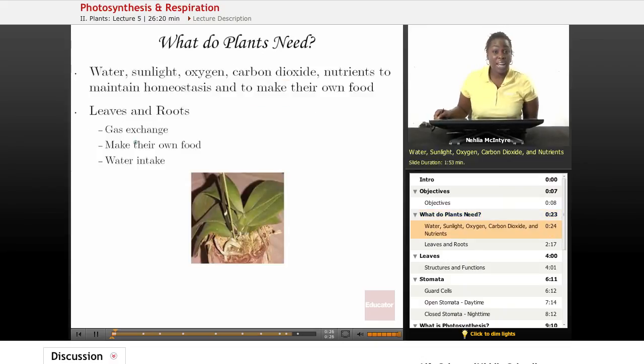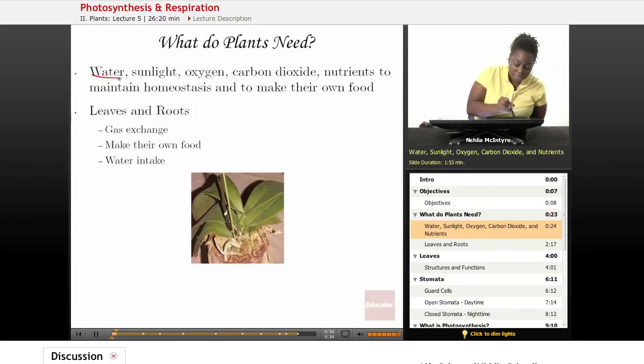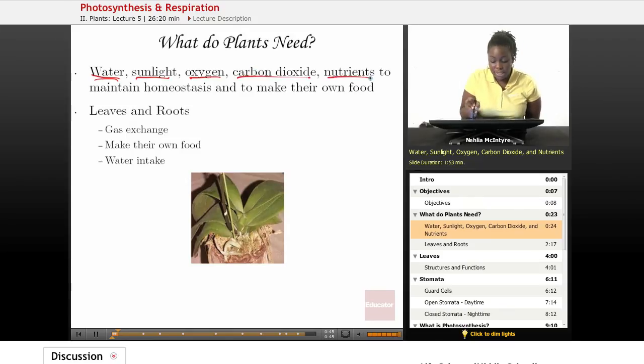Before we begin talking about respiration and photosynthesis, let's talk about what plants need in order to survive. Well, plants need water. All plants. They need sunlight. To some degree, all plants need some form of sunlight. They need oxygen. They need carbon dioxide. They need nutrients. All of those things in order to maintain what we call homeostasis and to make their own